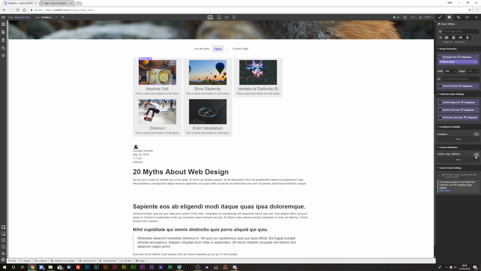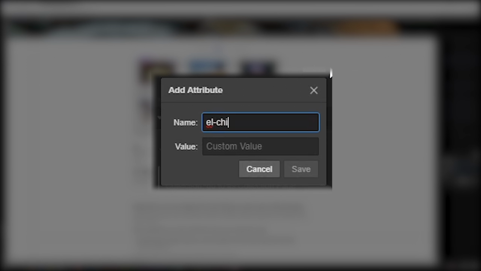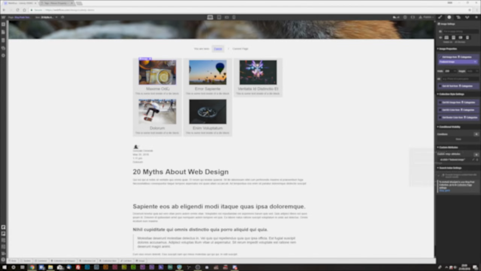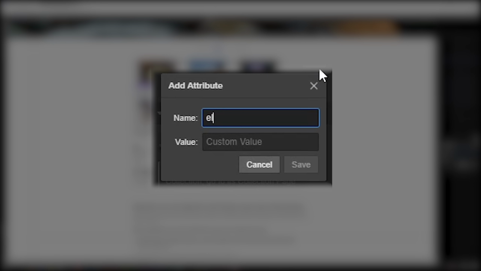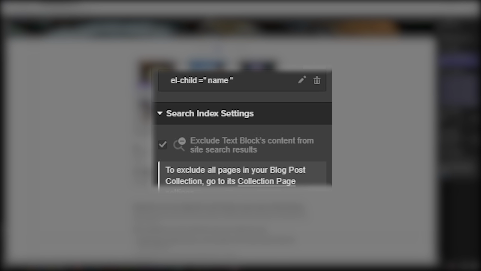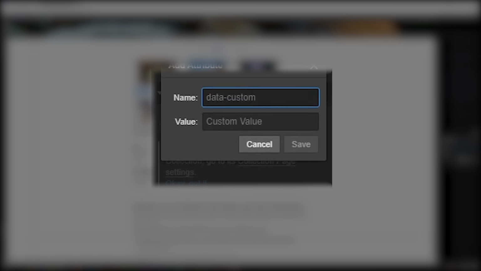then we can select our image, add element child featured hyphen image, select our title and call this element child name, and then our description we can just type in element child and description